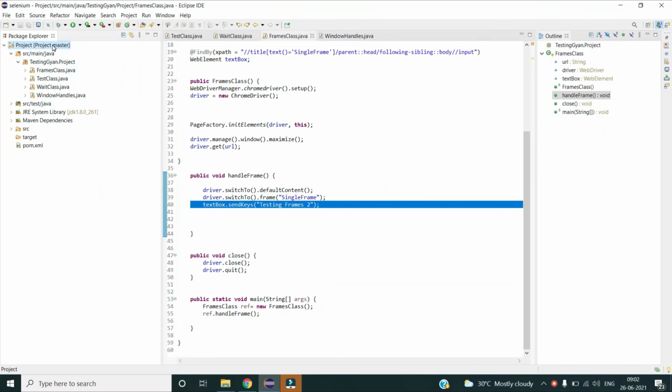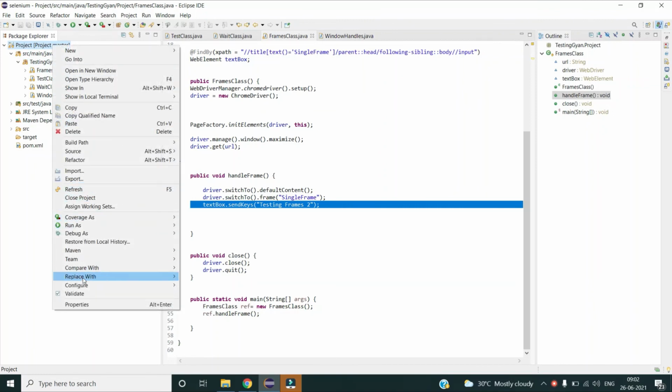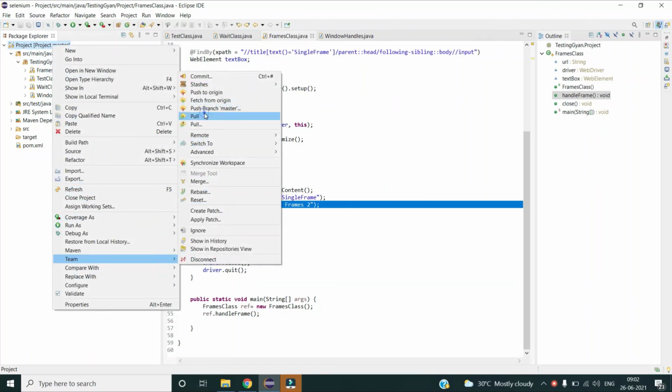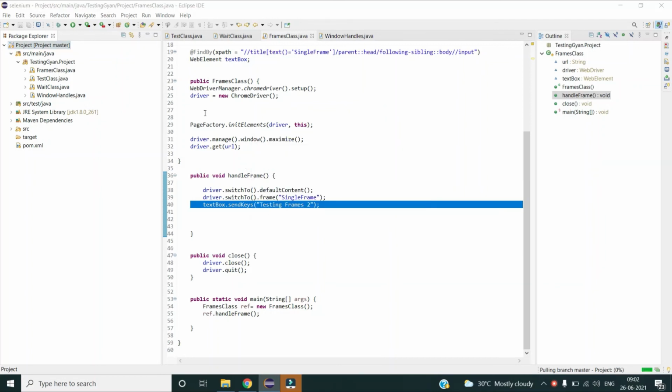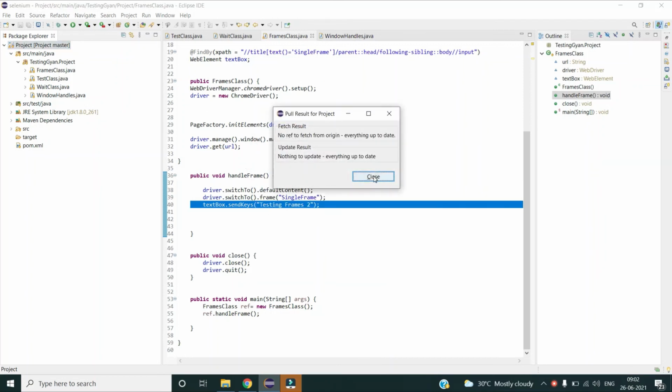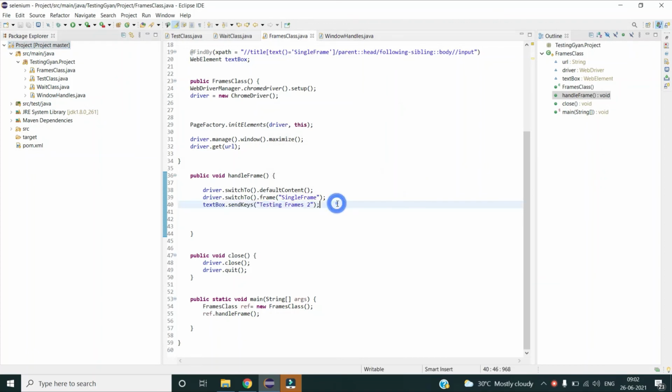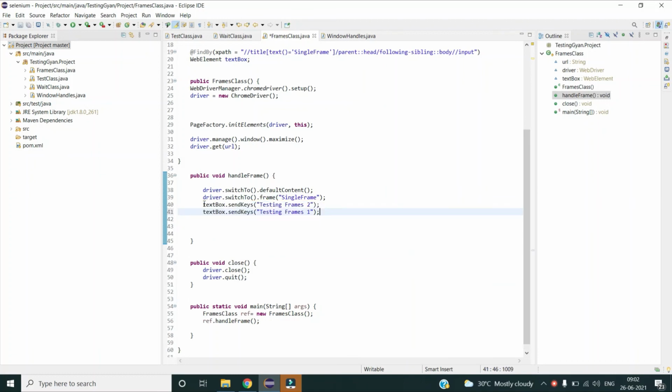Now I can simply do pull and push operation. If I try to do the pull operation now, okay, you can see again it is giving everything up to date. Now I can paste my local changes, wherever I have kept the backup of the file, I can replace the file as well. Okay, I will paste my changes, or copy and paste.